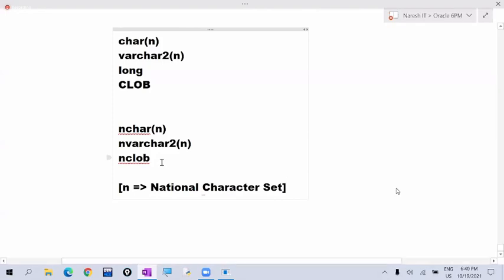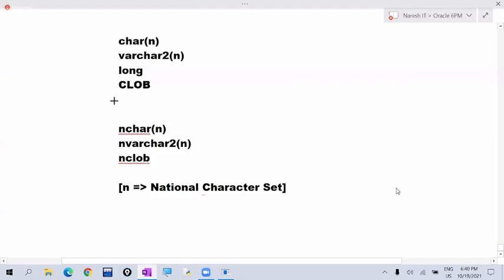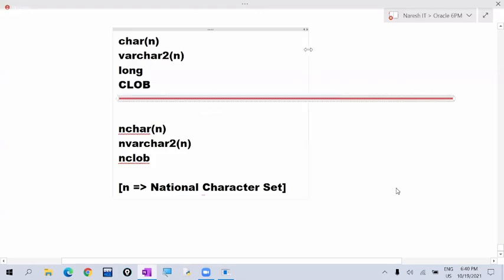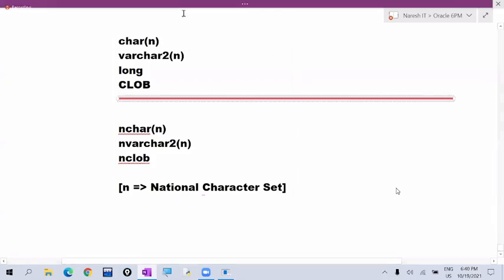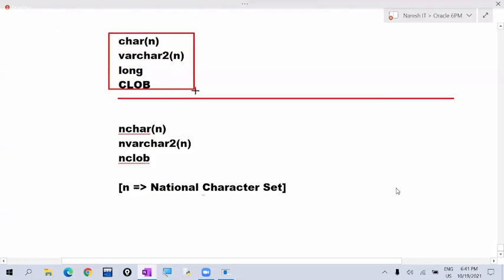Listen carefully here. These first 4 data types, char, varchar2, long, and CLOB, are ASCII code character related data types.